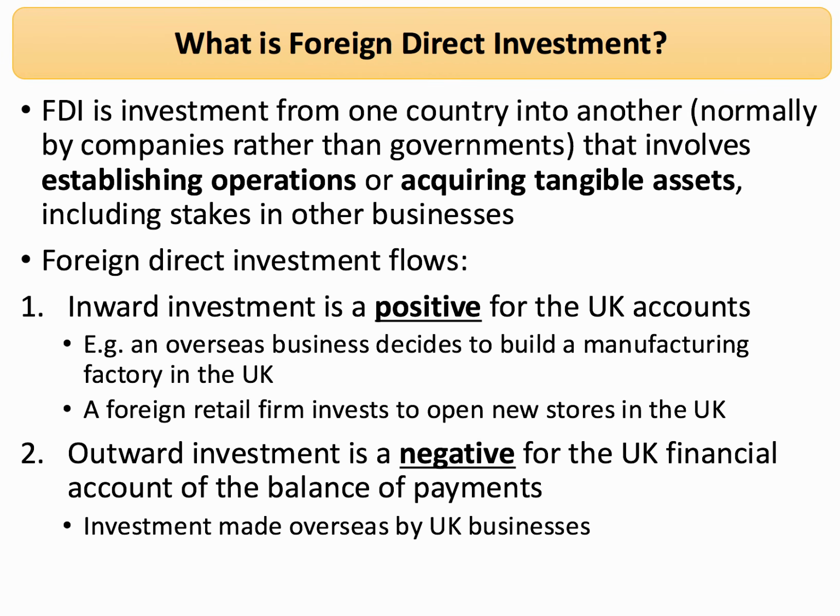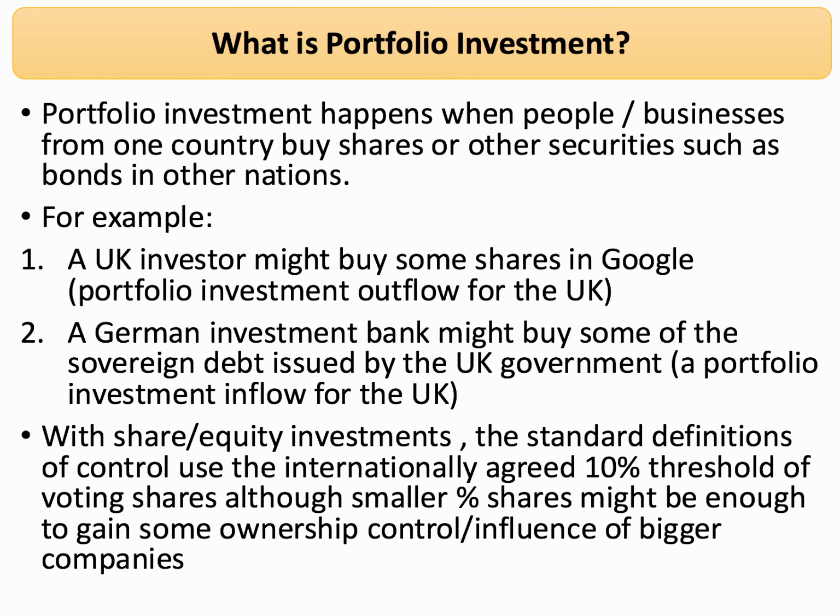Outward investments are negative for our financial account, so UK businesses investing overseas. Portfolio investment is basically people and businesses from one country buying shares or other assets, other securities, including bonds, in other nations. So if I buy some shares in Google, that's a portfolio outflow from the UK. If a German investment bank, Deutsche Bank, for example, buys some of the UK government debt, that's an inflow for